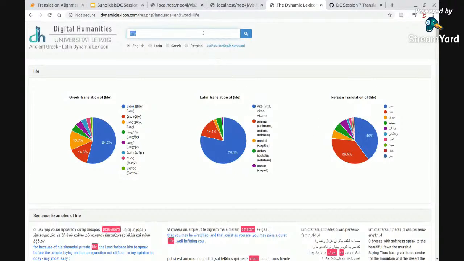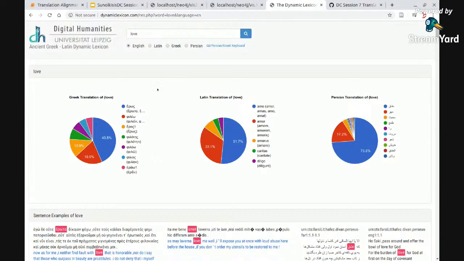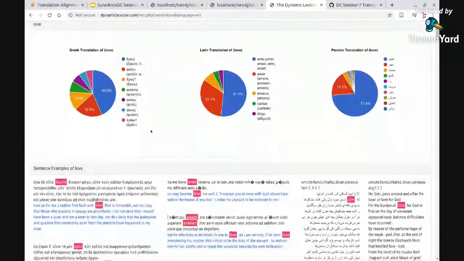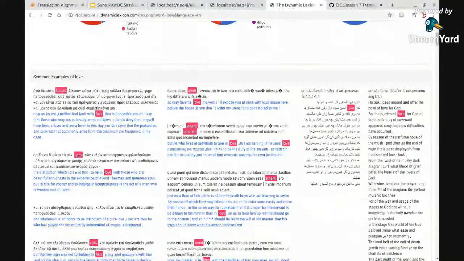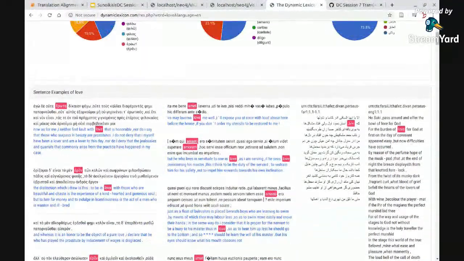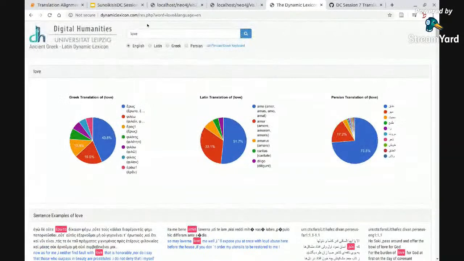So if I want to translate, for example, love in English, here we can have ishq, amo. Also on here we can get the examples of this alignment, how we can find this alignment. For example, here love can connect all these translations together. So that was the idea behind